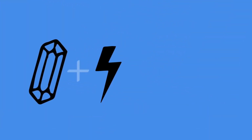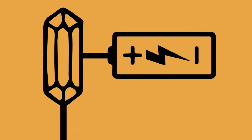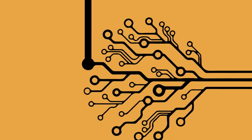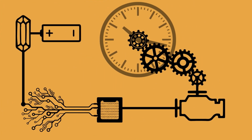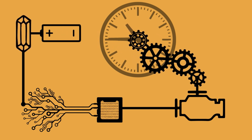Quartz crystals and their piezoelectric ability made it possible to create the most accurate timekeeping devices in the 1930s. But how does it work? When a quartz crystal is exposed to electrical charge, it resonates at a certain frequency. This is more than 30,000 times per second. The electrical circuit measures the quartz frequency and controls a motor which drives the gears to the hand. Up until this point, quartz was the most precise timekeeping option. However,